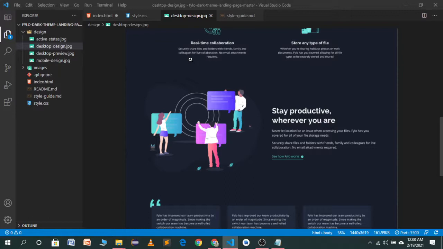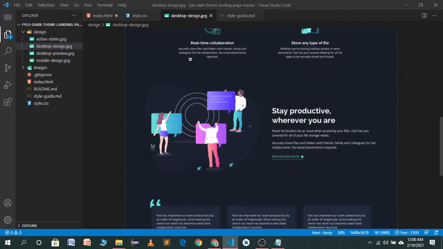Let's see which is this image. Location security illustration. This will be an image in the left part, and the right part will be a container, we can say text container,